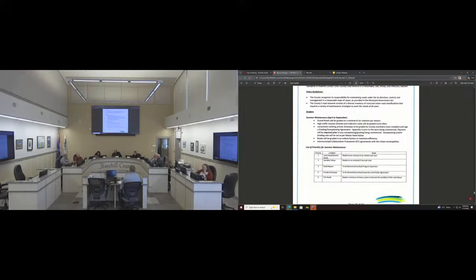The rotation is the rotation. I'm pretty sure that a grader operator does not go over there for half a day and then decide to go over there for half a day. I haven't seen it in my division, but maybe there's places where it happens. I don't see that happening though. I think when you get over there, you spend the day over there and then you come back and you work your way back towards the shop. You work your way away from the shop, you work your way back from the shop. I think it is being run rather efficiently from my understanding.